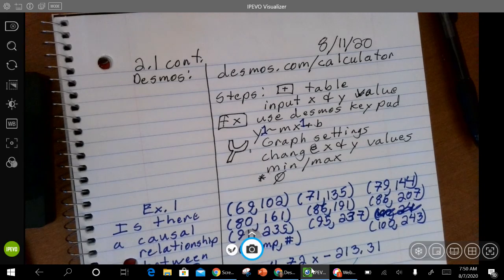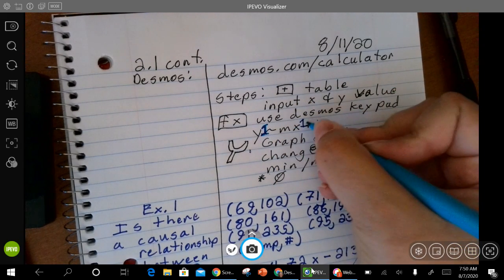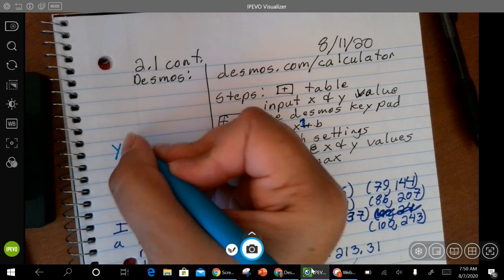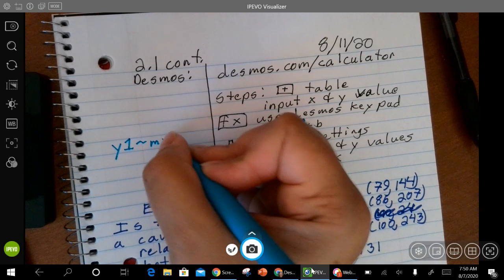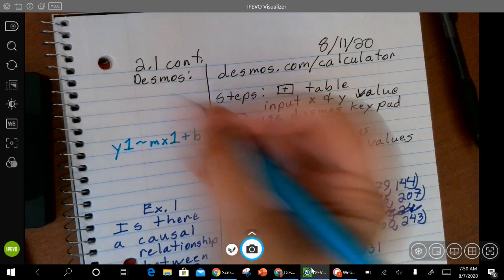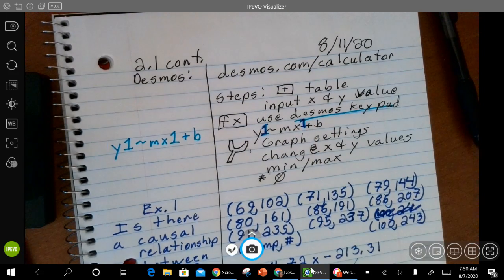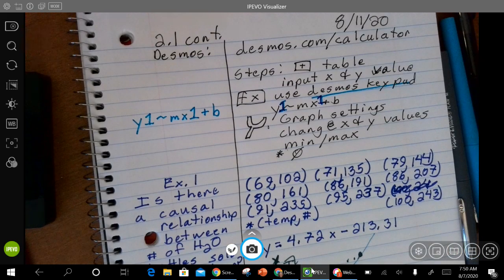So also everybody change that part. You do need to put in a 1 with this. I'll rewrite it so it's going to be y1, a little wavy, mx1 plus b. Okay, so using the decimals keyboard. Okay, you got that, everybody. So let's go ahead